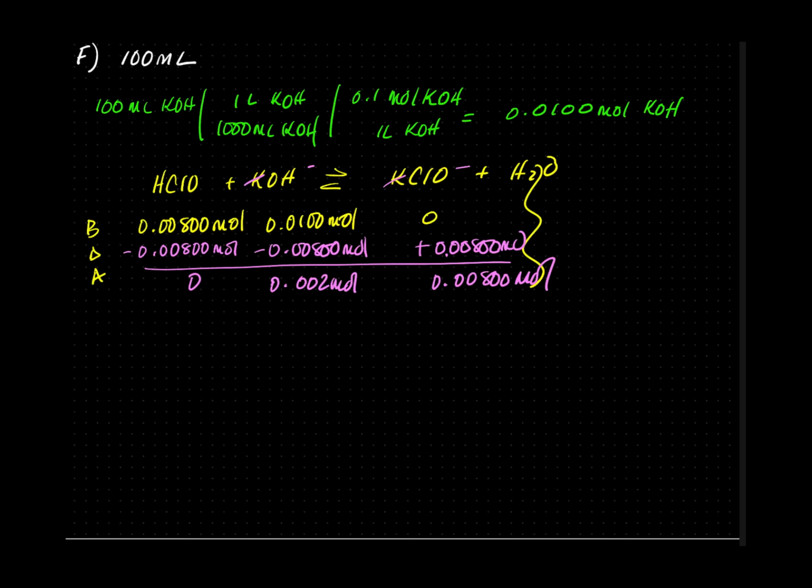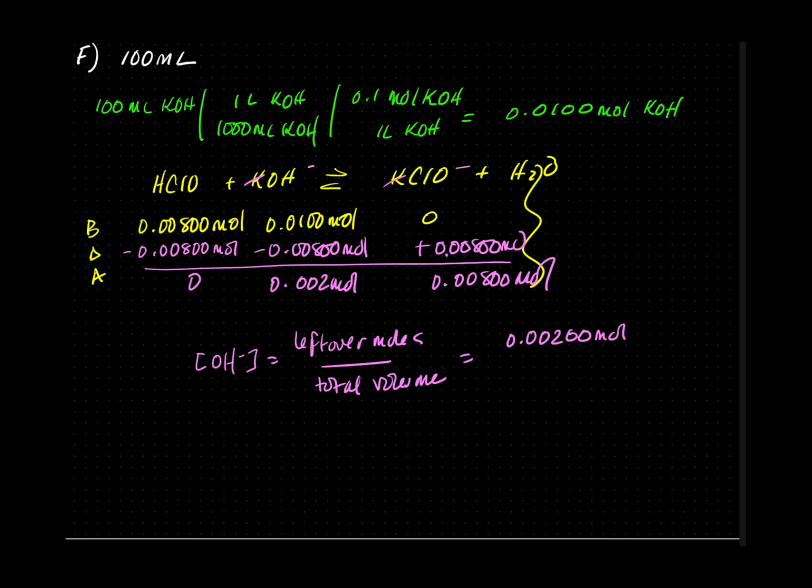How do I know? When we calculated the Kb of ClO minus, it was 10 to the negative 7th, which is tiny compared to KOH, which is the strong base. So to find the pOH, we find the concentration of the OH minus, because the pH is going to be pretty much dependent on the OH minus concentration, which is the leftover moles over the total volume. This is going to equal